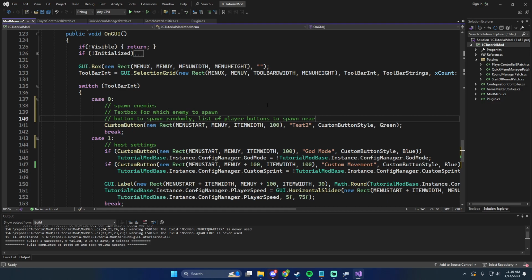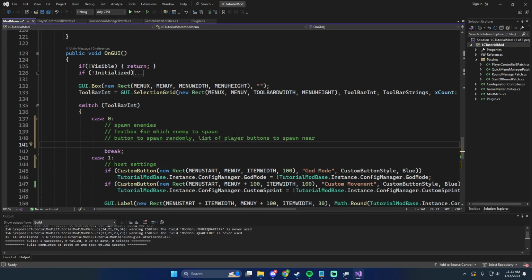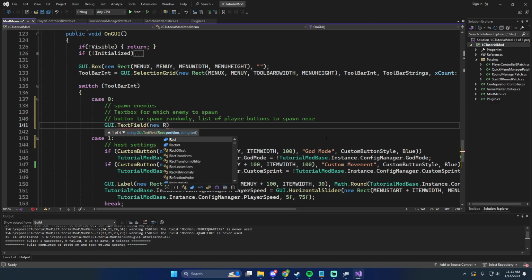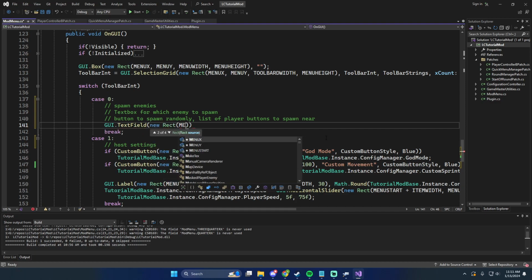So let's get rid of the custom button for now. Let's go ahead and do this. The first thing I want to do is a text field. I want to make this a private string that it has access to. So let's just do the text field first. GUI.TextField, and it is a string, so that's right. And we need a new Rect, and we're going to start at menu start